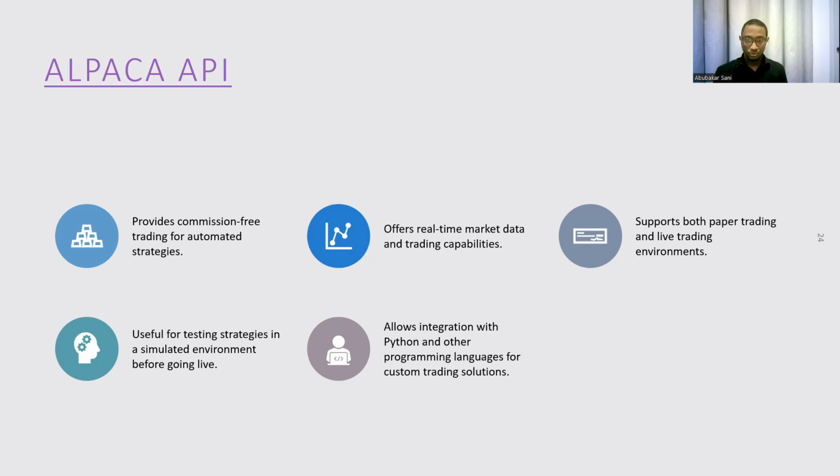Okay, so it is a free API for you to test your strategies. Alpaca, first of all, we have what we call the Alpaca securities. These are brokers. They provide you with a brokerage account. You go to Alpaca, you register, you will get an account. Once you get this account, you can be executing your trades like all other brokerage accounts out there.